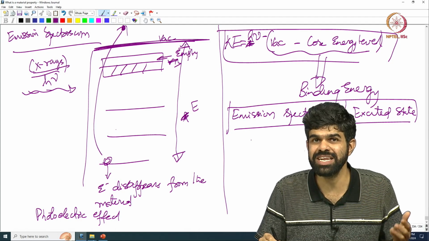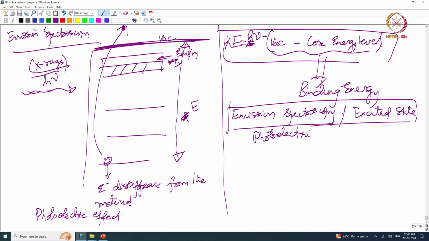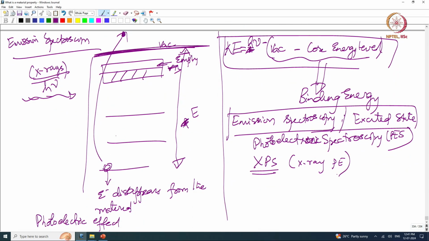So, we give it a special name, we call it photoelectric effect or photoelectric spectroscopy, PES. And if I do it with X-rays, I call it XPS, X-ray photoelectron spectroscopy. Okay. Photoelectron, not electric. Now, what does X-ray photoelectron spectroscopy give me? Again, this gives me the chemistry, just like XAS. So, this also gives me the chemistry of materials,